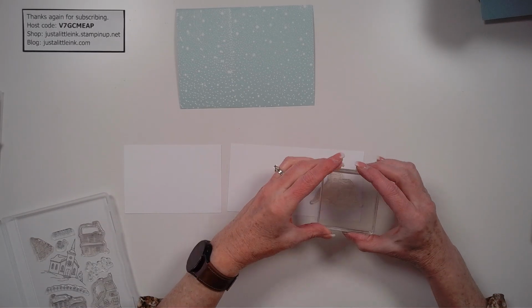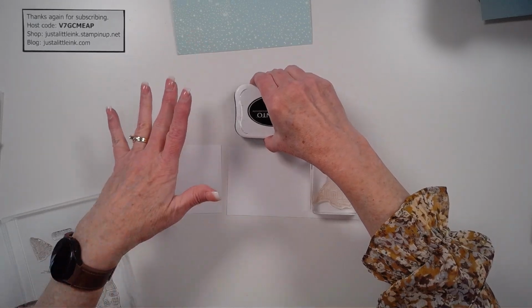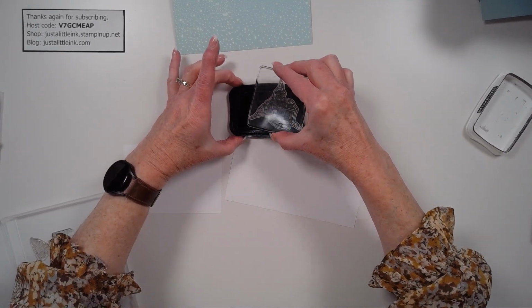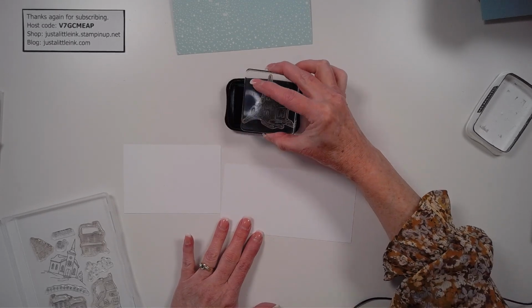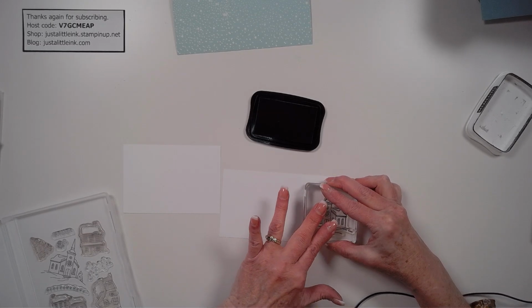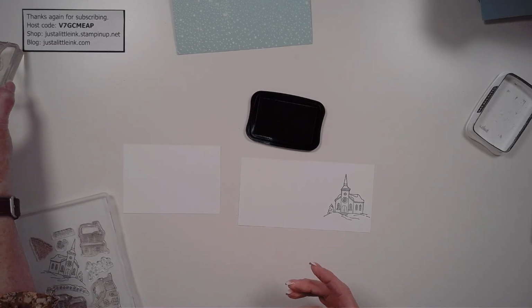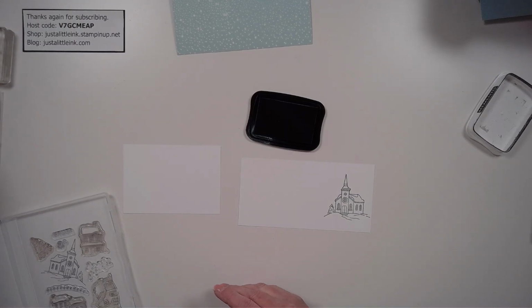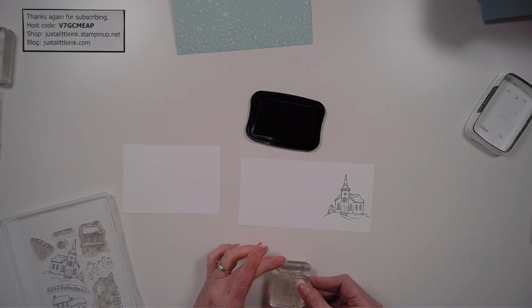I just got to grab, we're going to use some Tuxedo Black Memento. Ink this up. I've got it inked the way I'd like. So I'll come here. And I kind of found we'll just kind of keep these. We're going to be using Memento for lots of things. I've got a few tips and tricks here. So then what I found is I'm going to be making